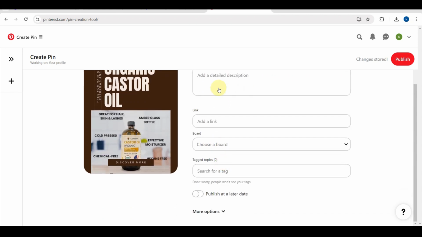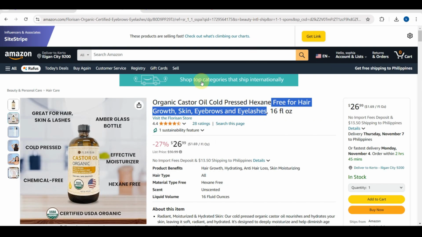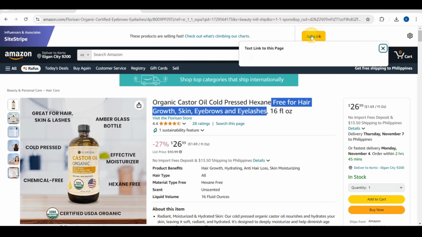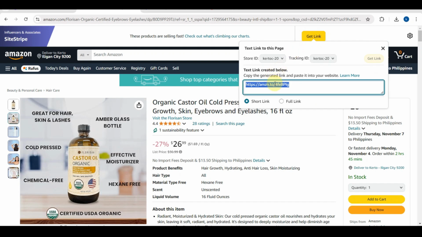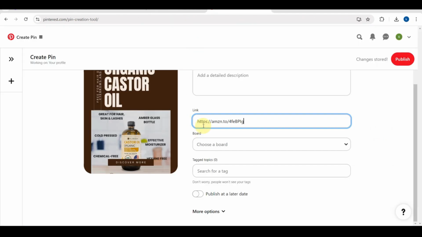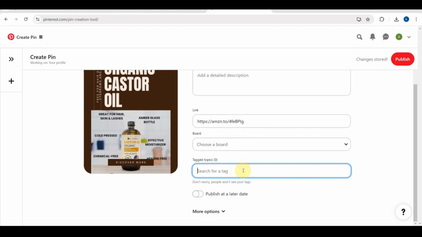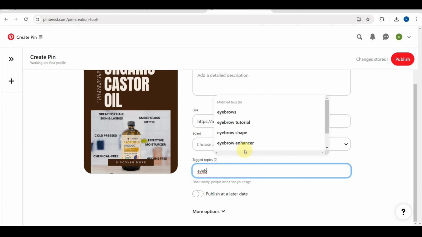And then especially guys, don't forget to put a description. So you can either add the description by the product on the Amazon. You can choose to copy and paste it. So here is the link. So let's go back to the Amazon guys, and then you will be able to see this one, get link. So this product, so here if they will be tapping the link guys, they will be directed to this page. So you can either choose a short link or a full link. So as you can see here, after that one is you just need to put that link here, and then